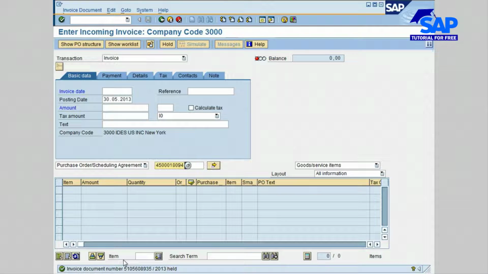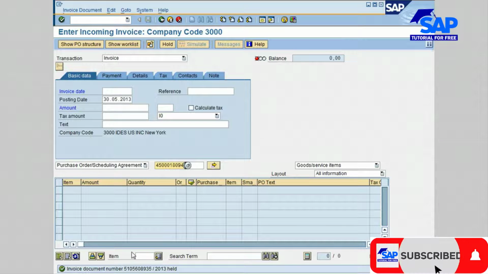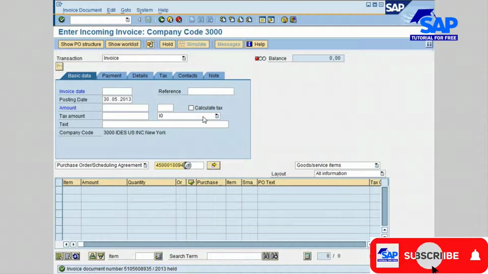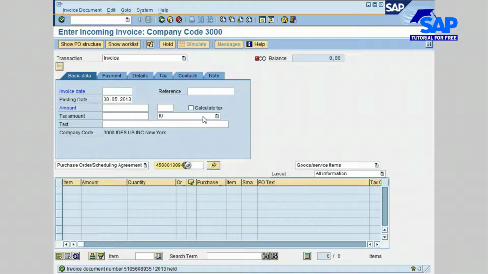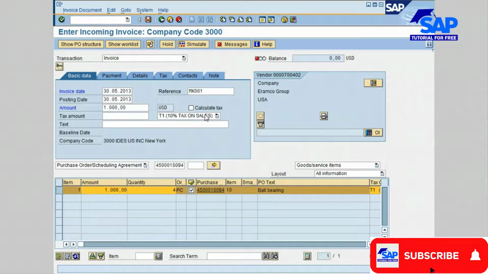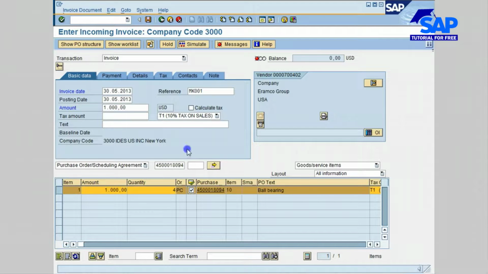Notice the message at the bottom of the screen confirming that the invoice document number that ends with 8935/2013 is on hold. And I believe the reason has to do with the tax calculations, this area right here. Basically, in the chart of accounts, the system administrator has to define the accounts to which a tax posting is to be made. So for the tax code to be entered correctly, there should be some configuration to be made for taxes on sales or purchases. Let's go ahead now and click on the back icon to exit this